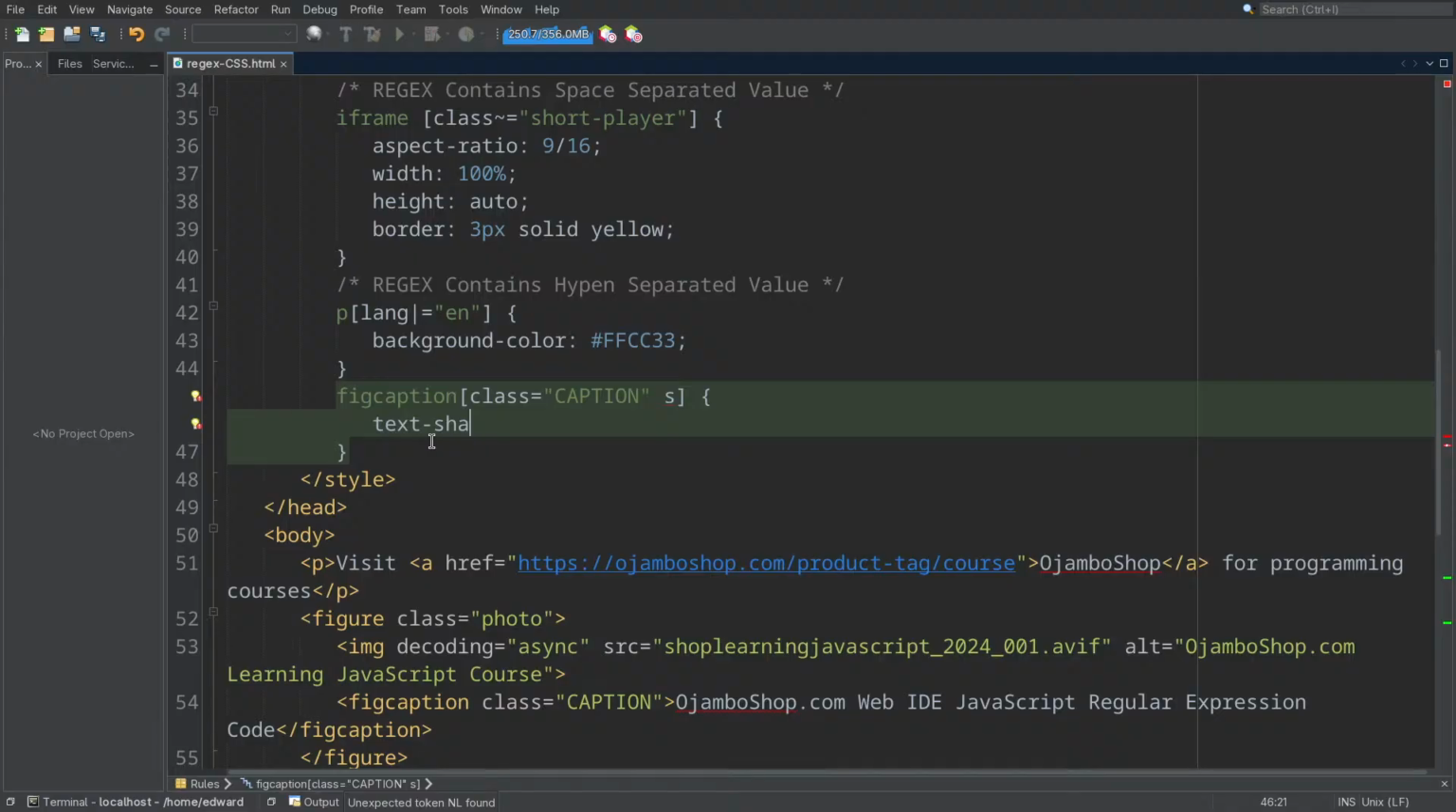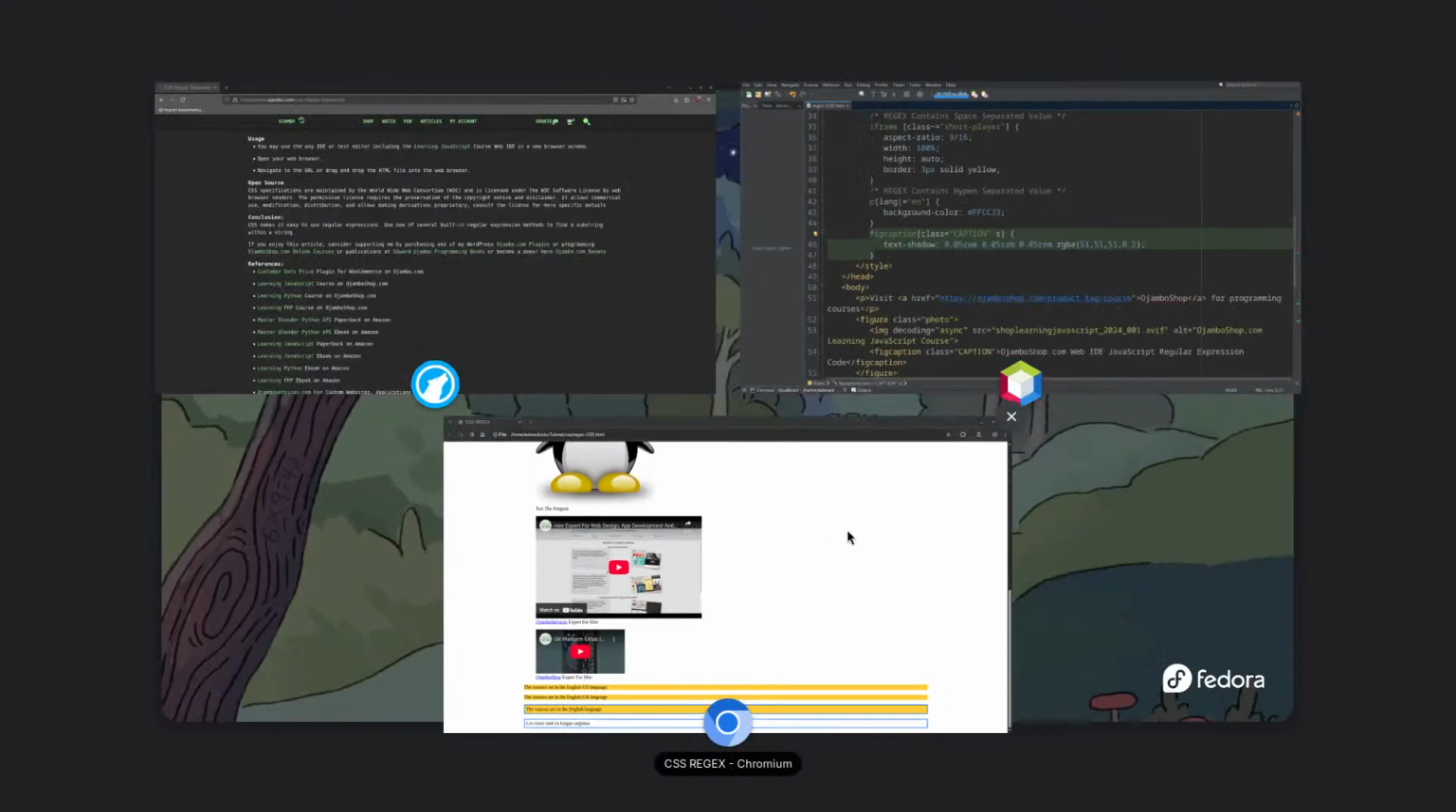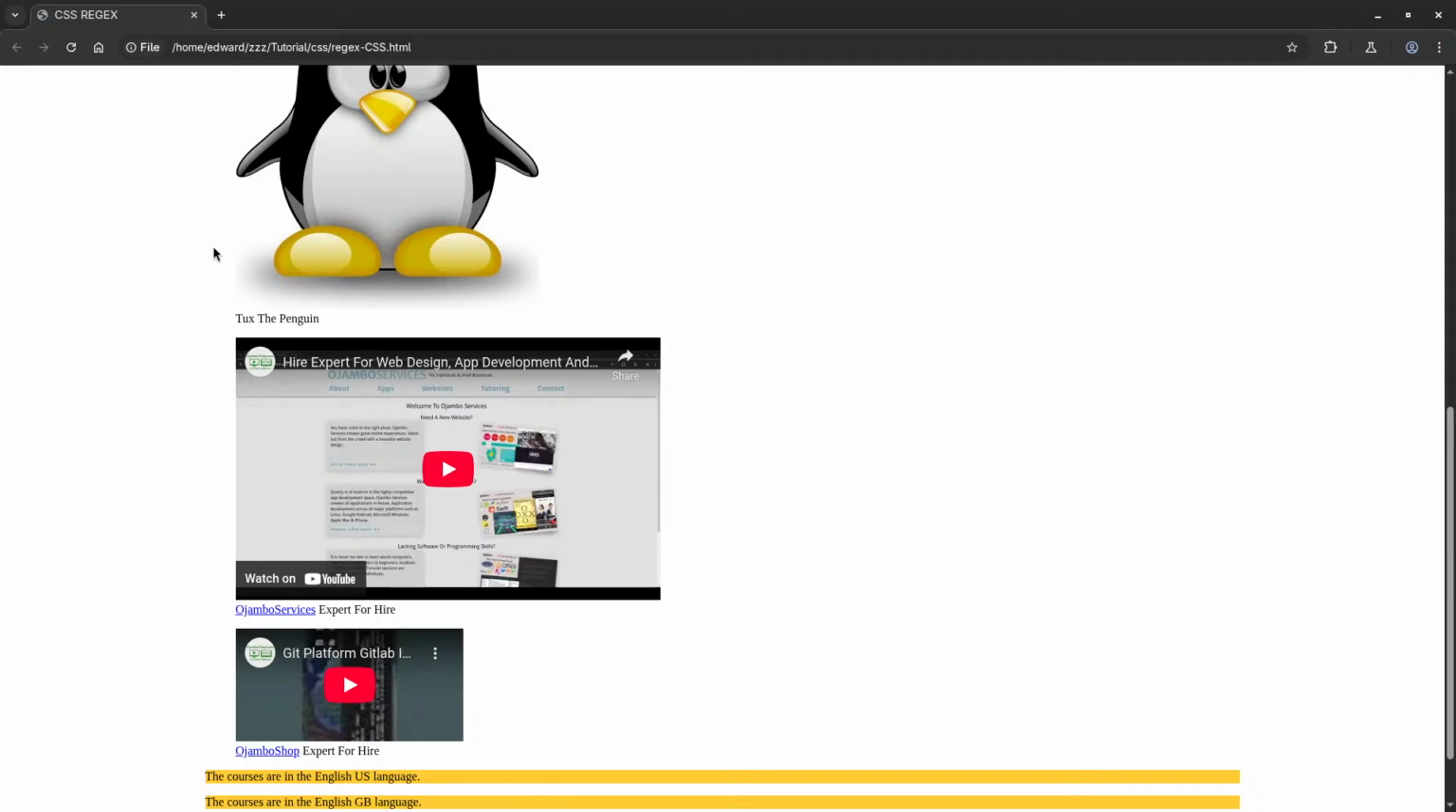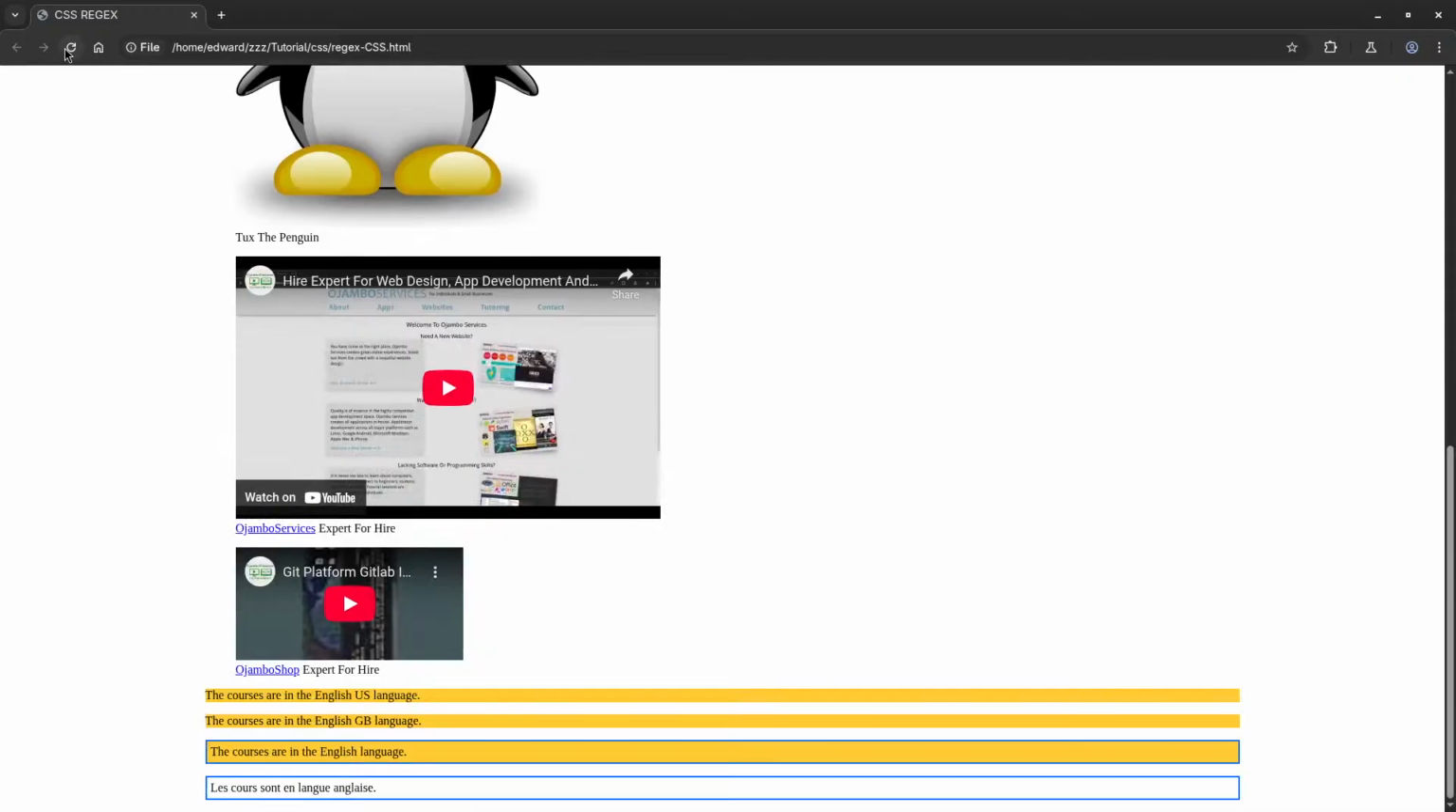And then all I'll do is give it a text shadow, with some blur and all that stuff too. So there we go. Ignore this, this ID doesn't understand it. So now, if we refresh,